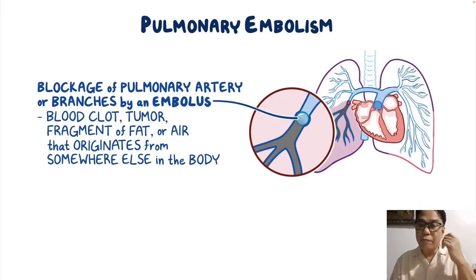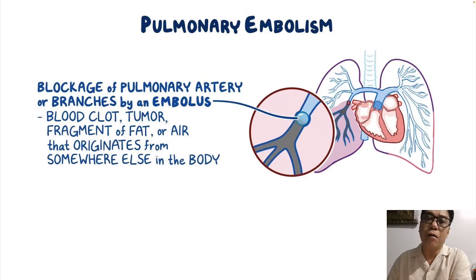Okay. So some of the signs and symptoms that we have for pulmonary embolism, they could complain of chest pain. Usually it is substernal pain here. And the type of pain that they are experiencing, they usually describe as crushing, sharp, stabbing. Aside from that, they could also complain of sudden onset of dyspnea. Then they become restless. Again, restlessness is an early sign of hypoxia.